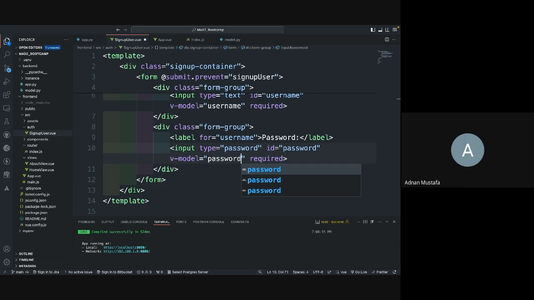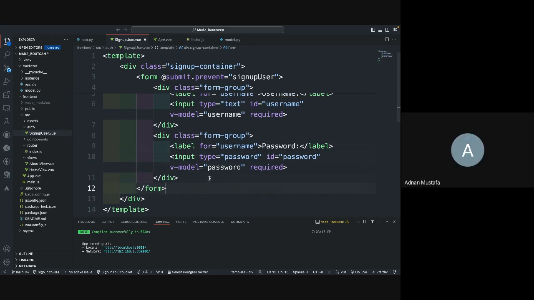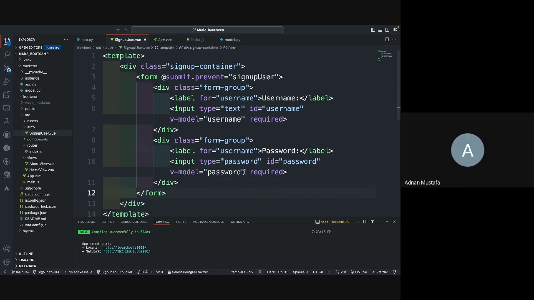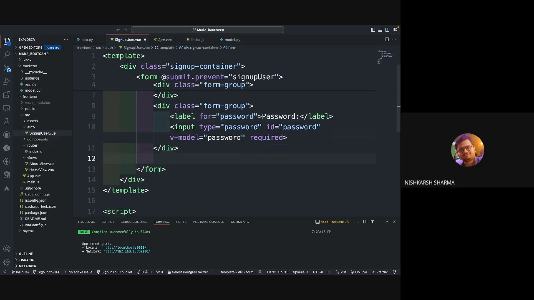The for also, I think, needs to be changed to password. Line number 9? Yeah, okay, thank you. Password, and next thing we will do is